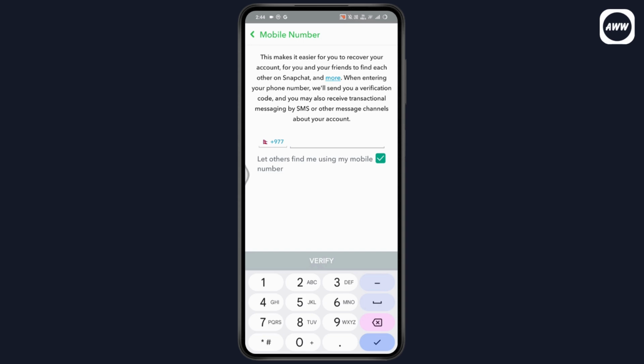number, you need to tap on verify, which is on the bottom, and you'll receive a code to that new number, and you need to enter the code right here. And once you're verified with your new number, then your old number will be automatically removed or deleted from your Snapchat. In this way, you'll be able to delete your phone number on your Snapchat, and if you have any